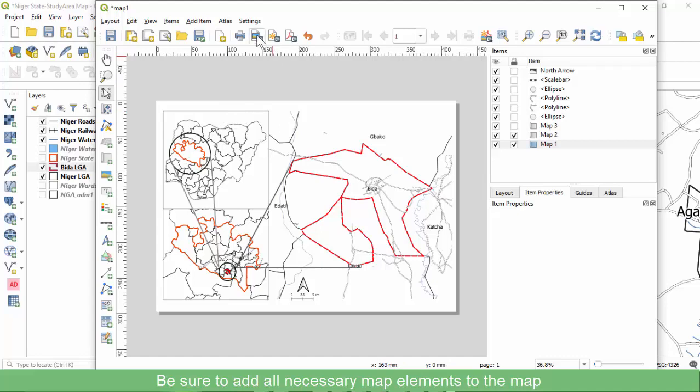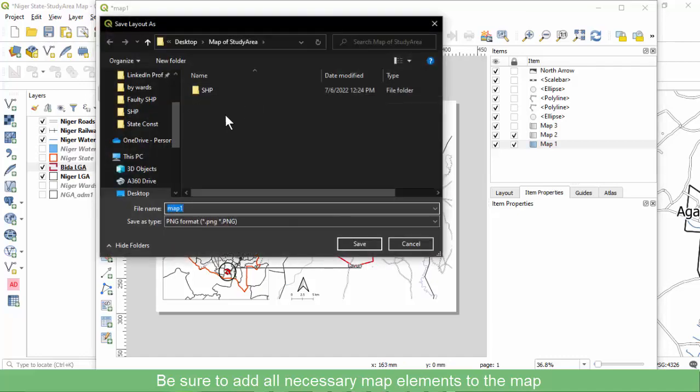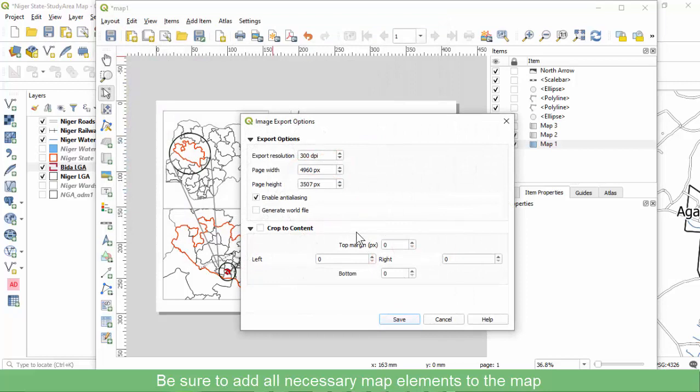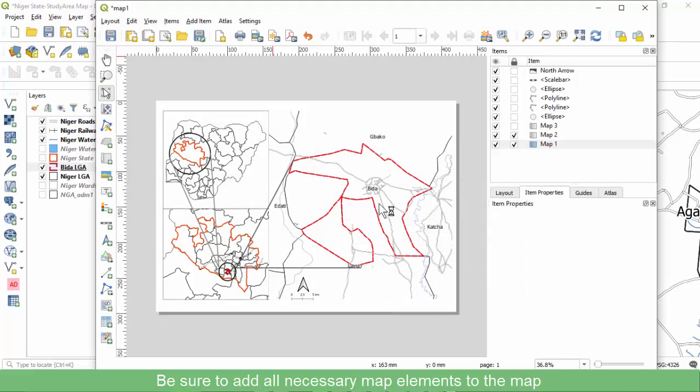Then after we are done, we can now export it to a PNG file. I'm going to export it here, and I will set the resolution and other details. So when I'm done,